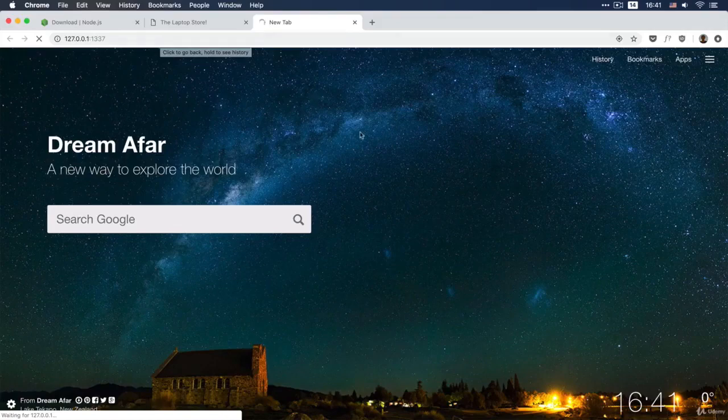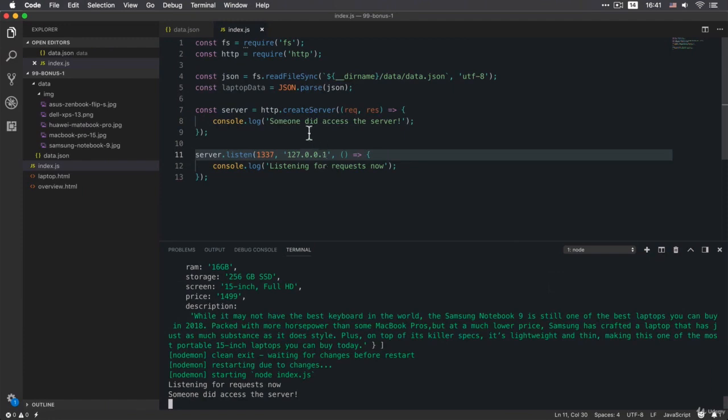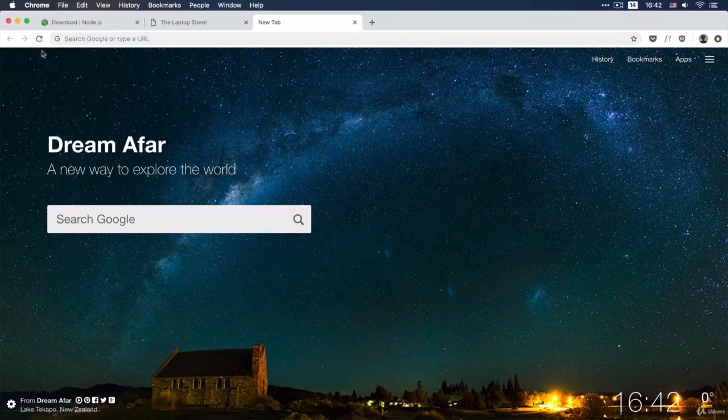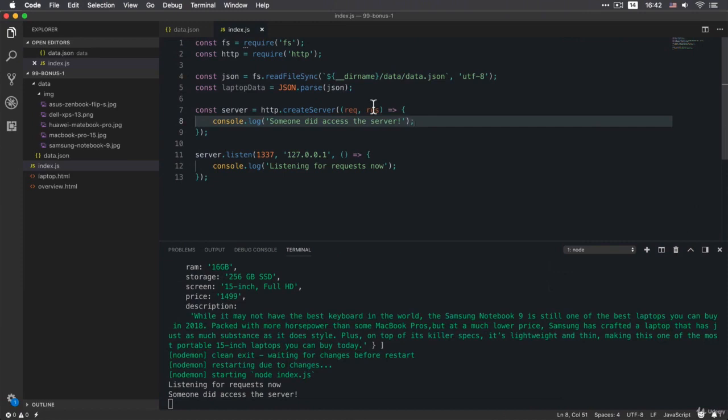And so we see that it's loading, and it doesn't do actually anything right now because we don't have any code here, except the console log, and that actually worked. So someone did access the server. Now this here keeps loading because we're not sending back any result from the server to the browser right now. Okay, and so this will keep spinning here until it eventually times out. Okay, but what we know is that it actually now works, because we got this message here logged to our